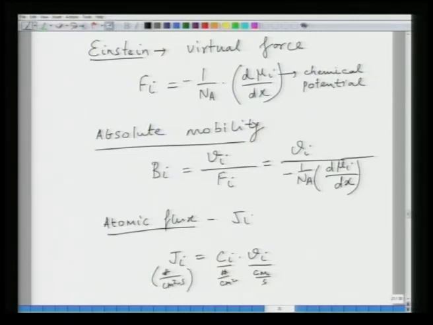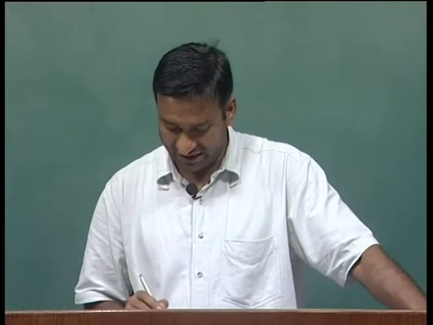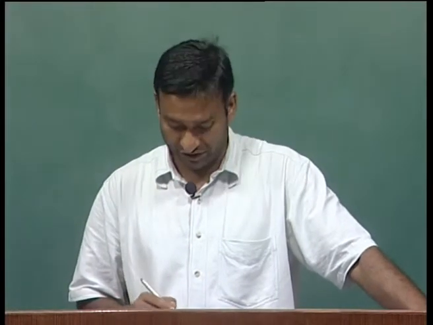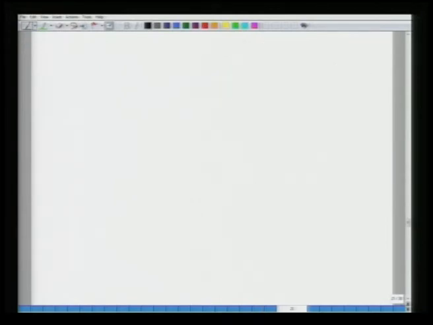So, flux can also be related to concentration gradient, we are not doing that at the moment, because what we are saying is that flux is because of negative gradient in the chemical potential. So, we are not relating it to the concentration gradient as yet. What we are saying is that flux is nothing but number of atoms or species passing through per unit square area per unit time, which is nothing but product of concentration multiplied by their velocity. So, this makes sense. Now, if Ji is equal to Ci Vi, then I can also write